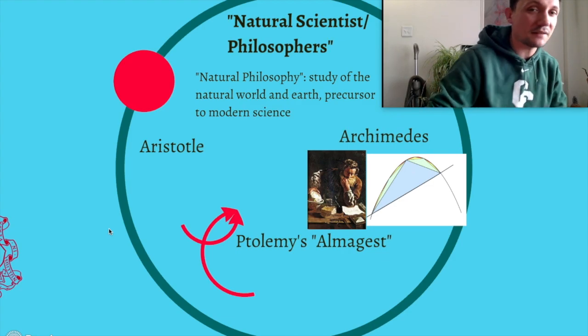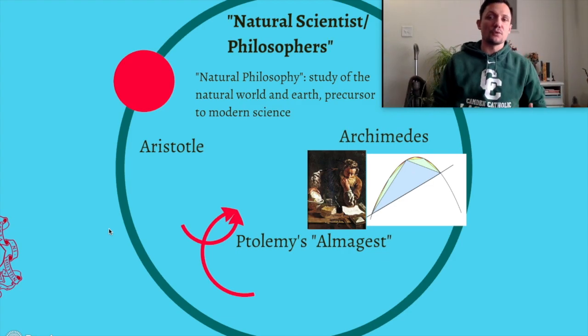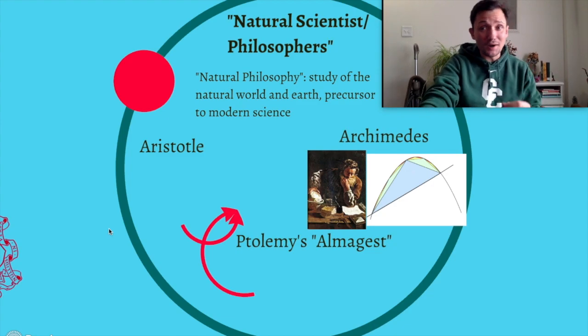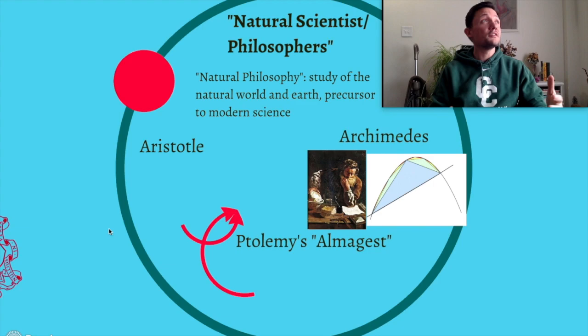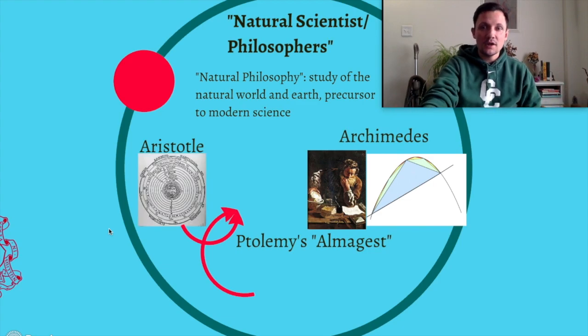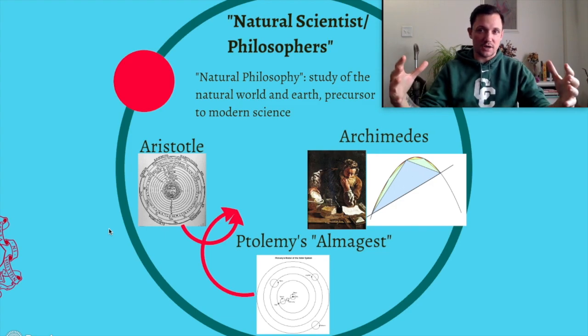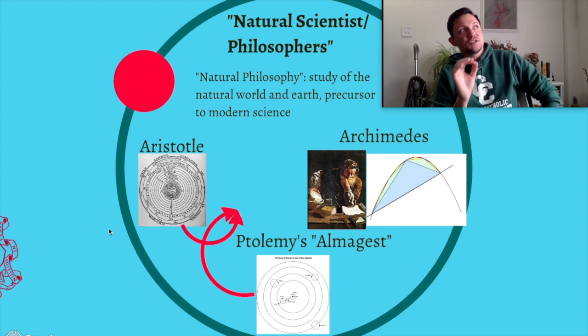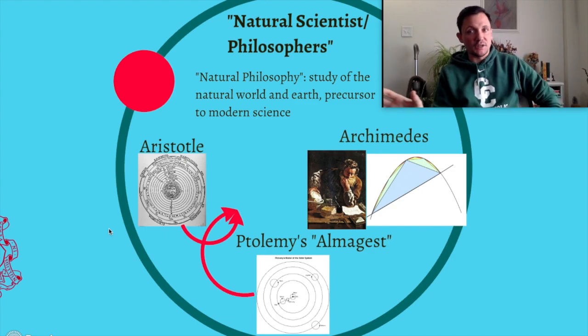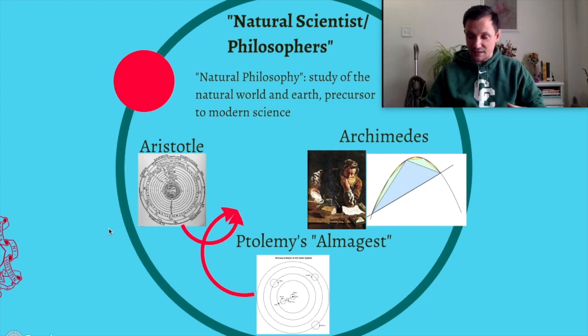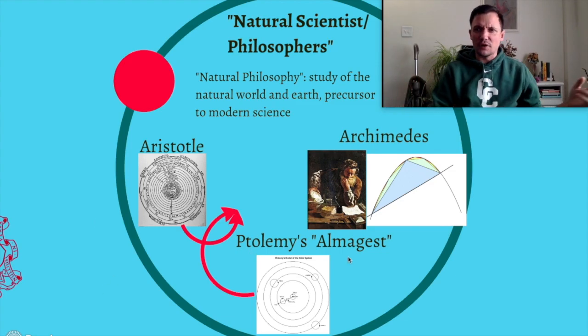So now, getting after it, when we're talking about the scientific revolution, it all has its precursors in one huge concept. Where the heck are we in the universe, right? Aristotle and Ptolemy's ideas both center around a geocentric model, right? That the Earth is a stationary object that's just chilling and everything else is running around us, right? Aristotle's ideas are that it's in perfect rings that go around us, and there's a big band of stars on the outside, whereas Ptolemy's idea, in his Almagest, which is the only surviving scientific text from